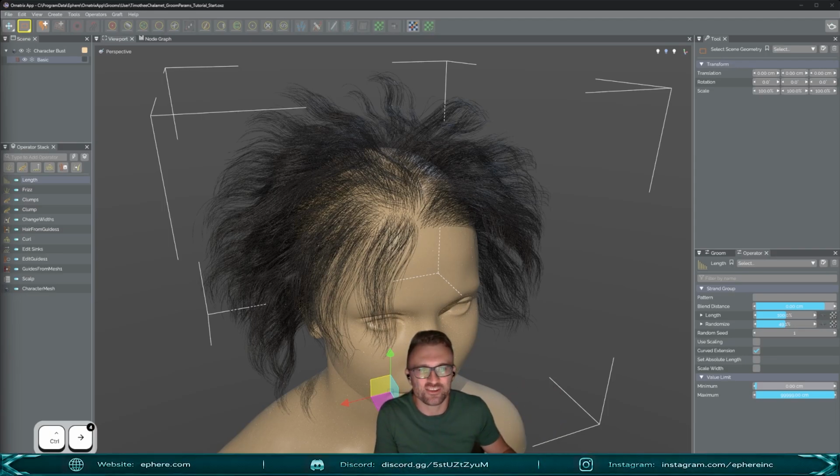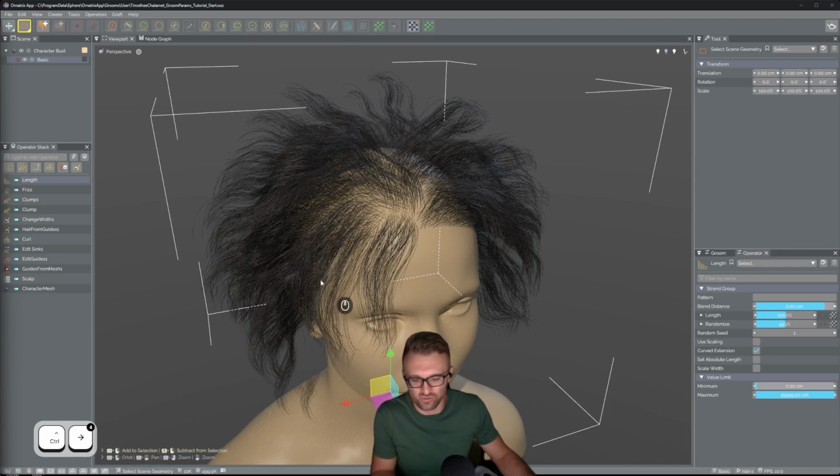Hello again. In the last tutorial, we created this groom from scratch using the Ornatrix application, which is available for beta testing right now. You can use the link down below to apply. So I promised in the last tutorial that in the next one, or in this one, we're going to explore